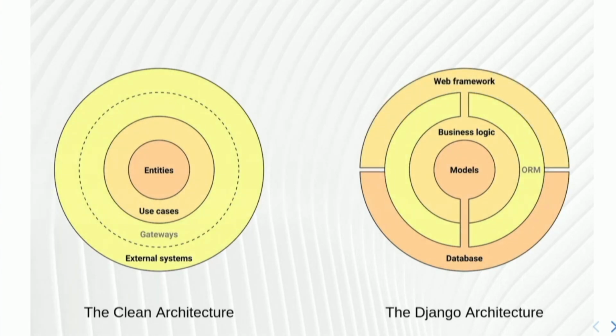And the same happens for the web framework itself, as in the part of the framework that deals with HTTP requests and responses, because that is connected with the business logic. As I said before, you usually implement your business logic in views, and views are specific things provided by the web framework. They are connected with URLs, right? Cool, so far, this is the Django architecture, just to show you that there are different approaches to the things. And as I said, this might be a good approach. It's not bad, it's just different.